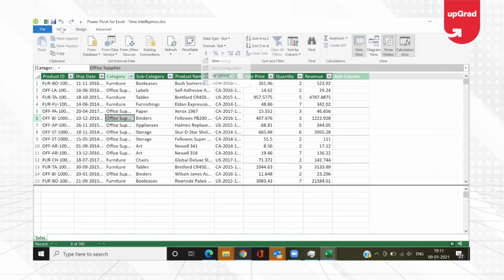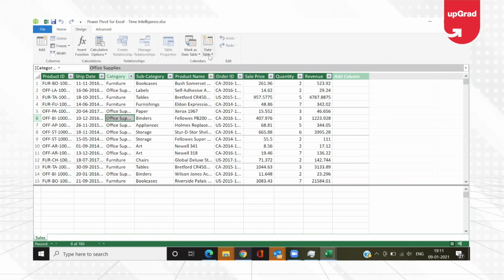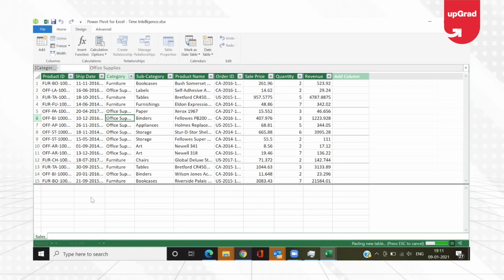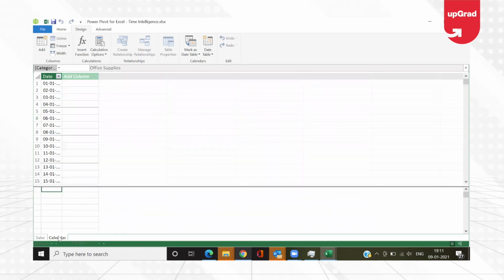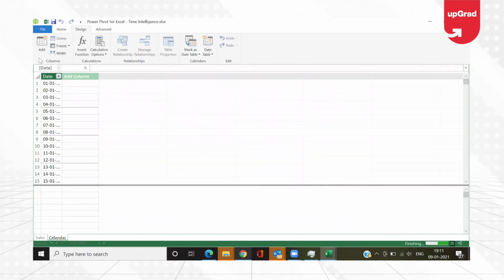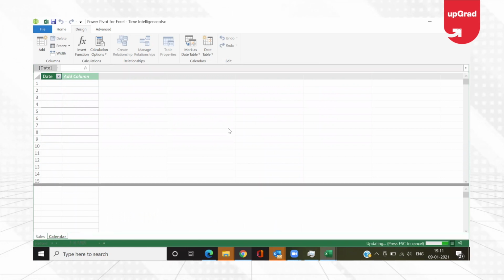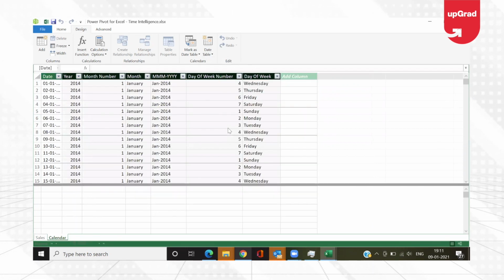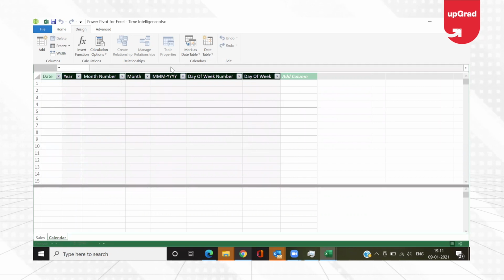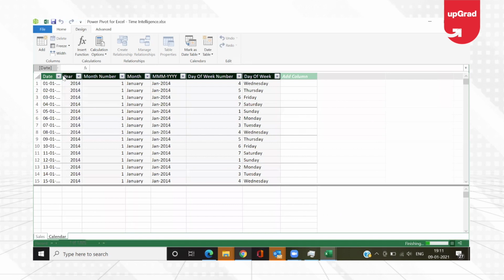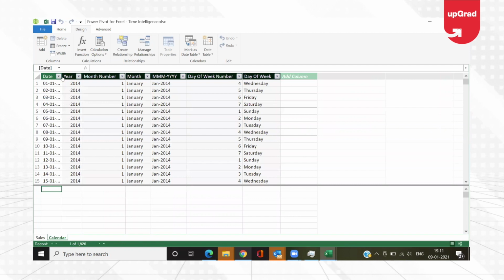I'm going to repeat. I go on to the design tab, go to date table under the calendars group, and click on new. And you will see that it automatically creates a calendar for you. Now that it is only showing you the date, just see what happens. It is going to convert that into a calendar form where you have the original date, which is the ship date that is being picked up from the sales table.